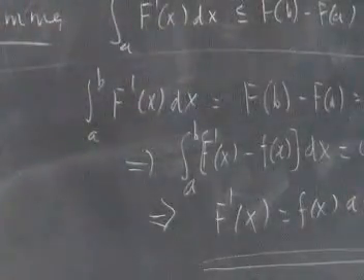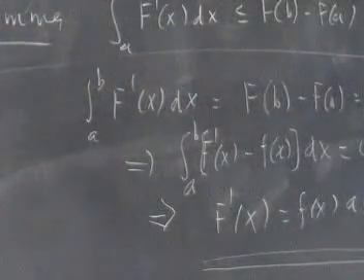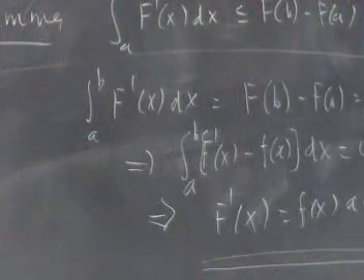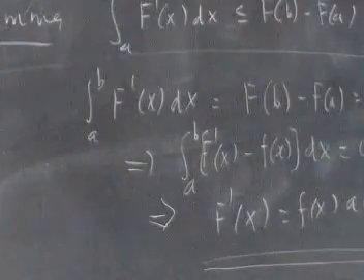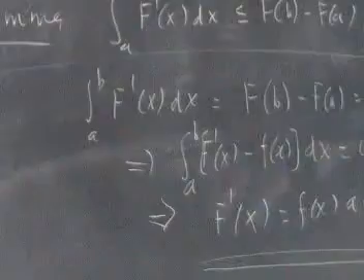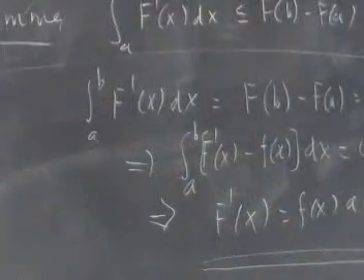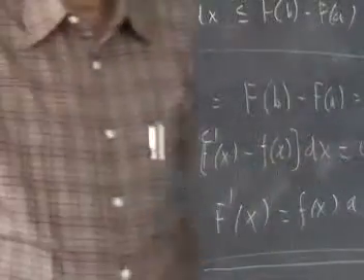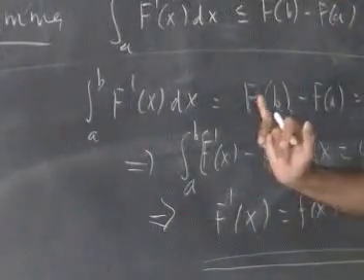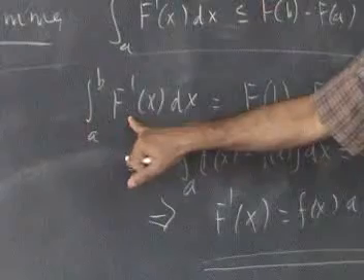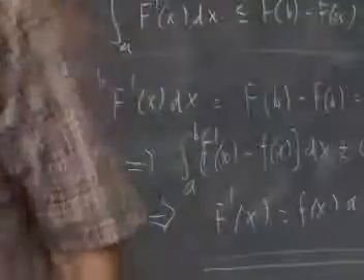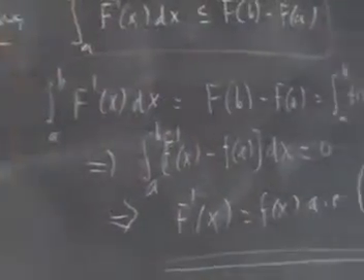F prime is the derivative of a non-decreasing function because little f x is non-negative. As you increase x, the integral increases, so F x increases, so F prime is the derivative of a non-decreasing function. So the lemma that we have to show is, if I have a non-decreasing function, the integral of the derivative is less than or equal to F(b) minus F(a). So all we have to prove is